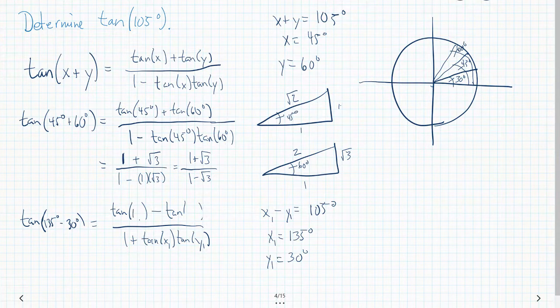So you get 135 degrees and 30 degrees, and then we have another 135 degrees